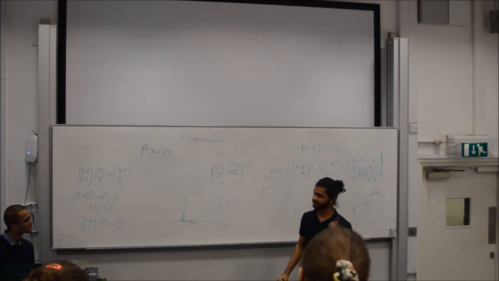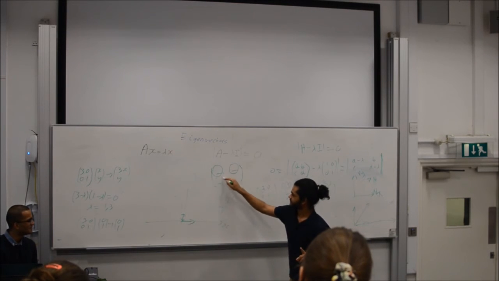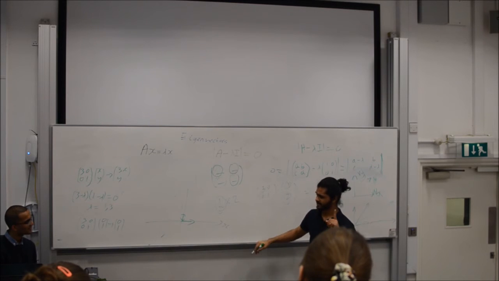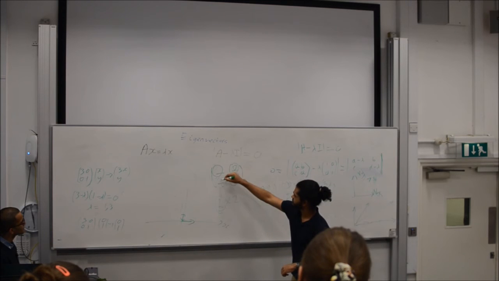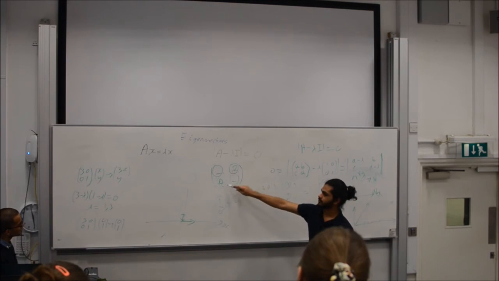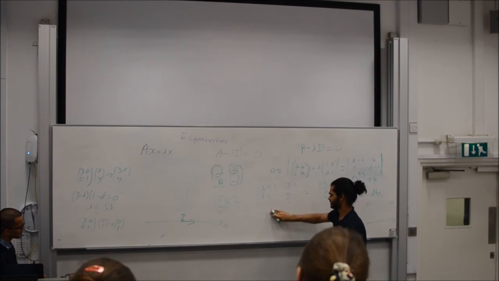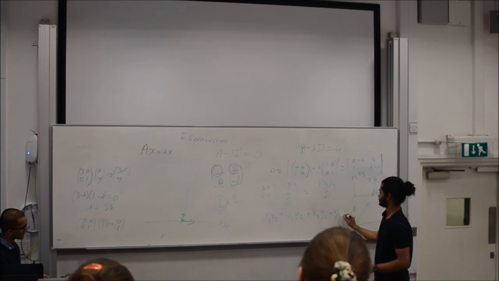This one is how the final y is related to the initial x. This is how the final x is related to the initial y, and that's the final y related to the initial y. So if you have zeros over here, it means that